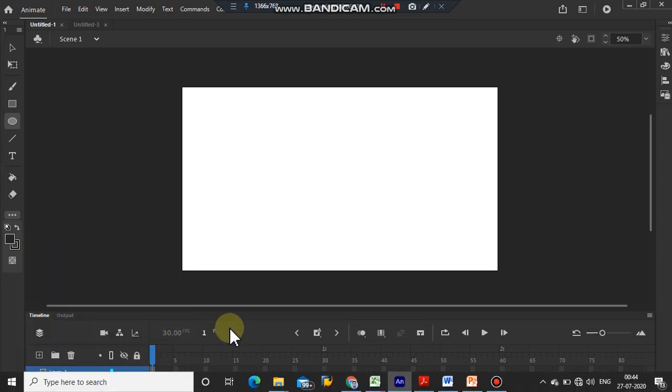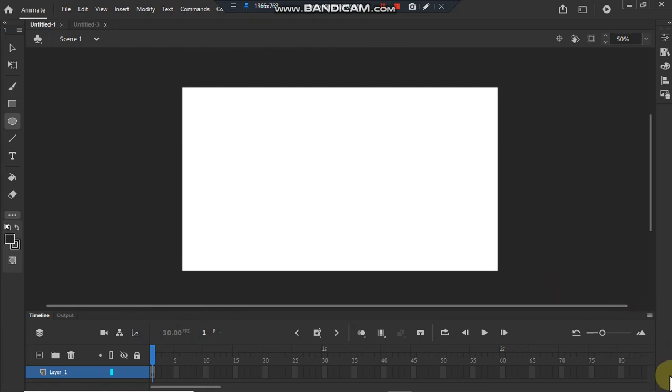Now we are going to discuss the timeline. Timeline is a rectangular window at the bottom. It is the area where one controls the sequencing and timing of graphics. The major components of the timeline are layers, frames and playhead. This is the layer, these are frames, and this is the playhead. The function of frames is very important, and among the subparts, layer is very important. Animations in Animate are created with the help of frames only. In the next part of this video, I'm going to show you how it is done.